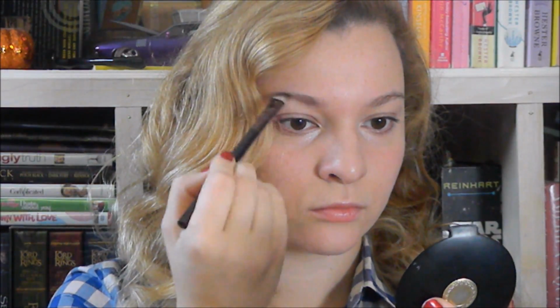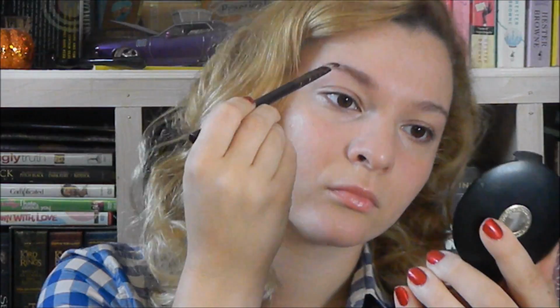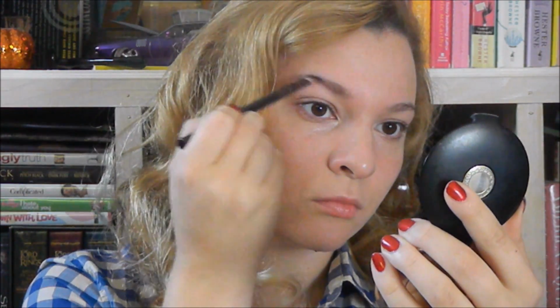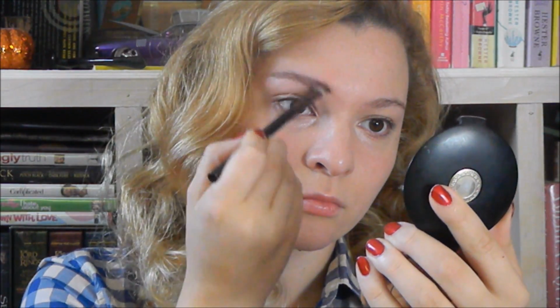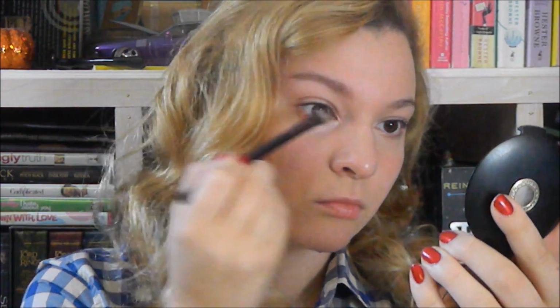Then I'm going in with a neutral kind of mid-tone, slightly cool brown shadow to darken up my eyebrows. I'm just using an angled brush. This is fairly thick for an eyebrow brush, actually. I'm not really trying to draw on brow hair so much as just thicken my brows up and give them a little bit more color and definition. I'm not really sketching them in, and I'm just using a spoolie to comb that product through to make it